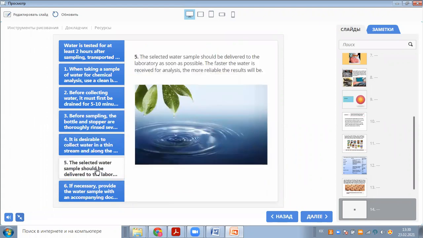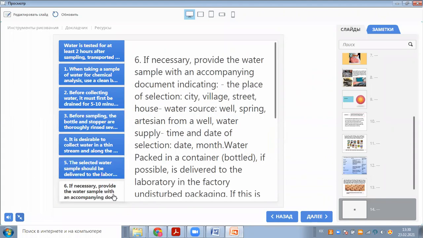Rule number 5. The selected water sample should be delivered to the laboratory as soon as possible, and the faster the water is received for analysis, the more reliable the results will be. And the next, rule number 6: if necessary, provide the water sample with an accompanying document indicating the